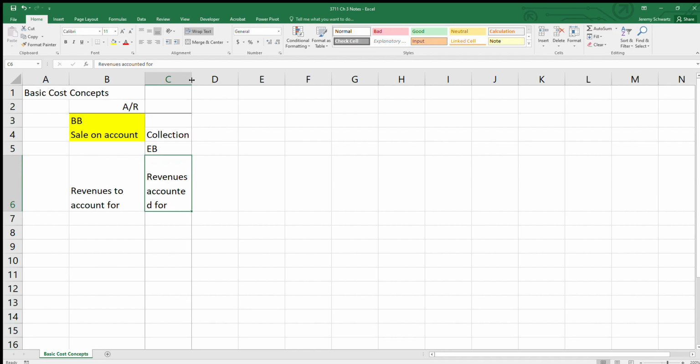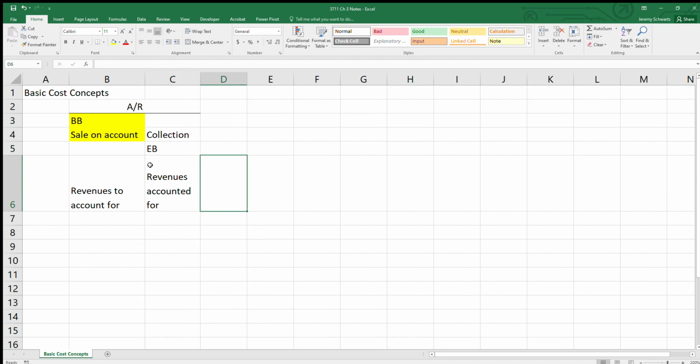So it's a bit of a mathematical issue or whatever, where it's maybe not the most grammatically sound to say "to account for" and "accounted for." But this is something that we're going to move forward and discuss as we get into cost